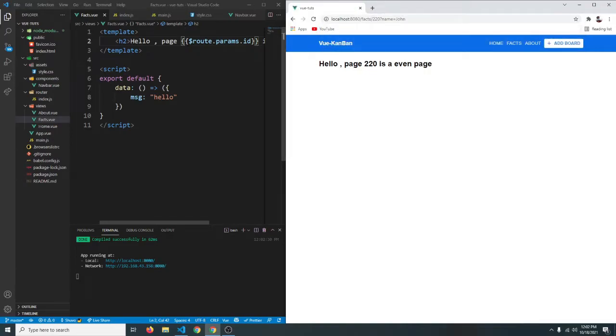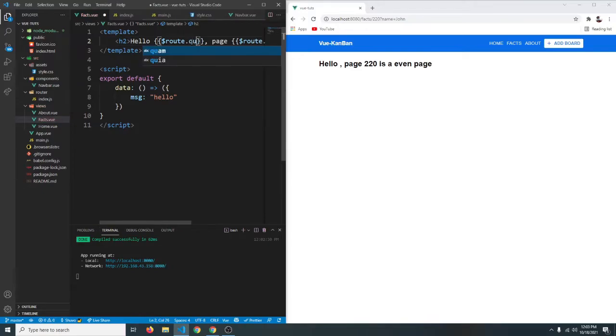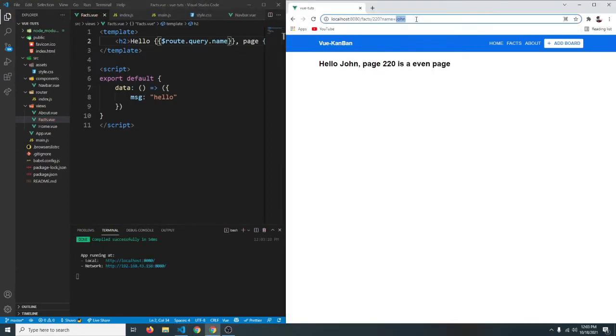So now we can use something similar. Let's copy this and paste it here. Instead of route.params, we have to say route.query, because we are using query string. If you do this, as you can see, we have one query called name and the value is John. So if we say hello query.name, this will say hello John. So whatever name it is, it will say that. So I can say Johnny, and now it says Johnny, and page number,